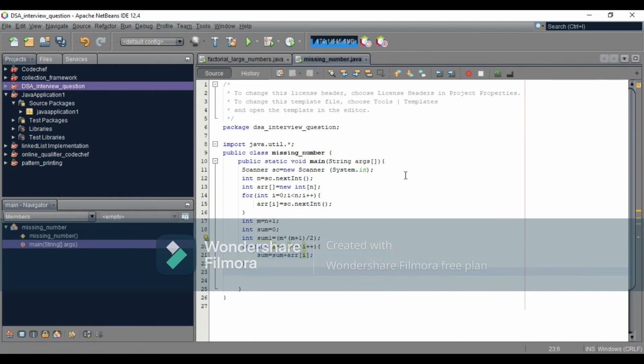And after that I declare another variable as int result is equal to 0, that will store the result, and result is equal to sum1 minus sum, and simply we have to print our result.